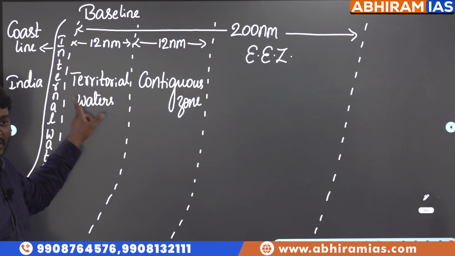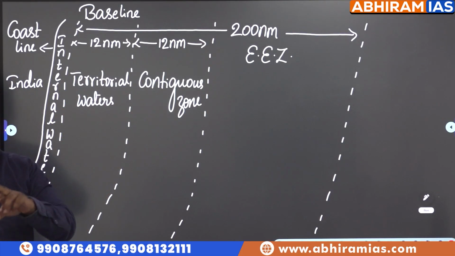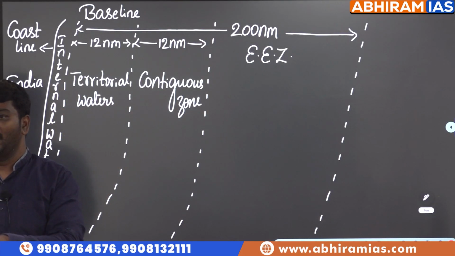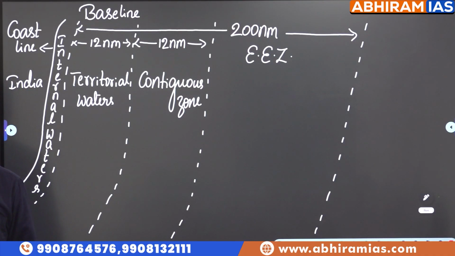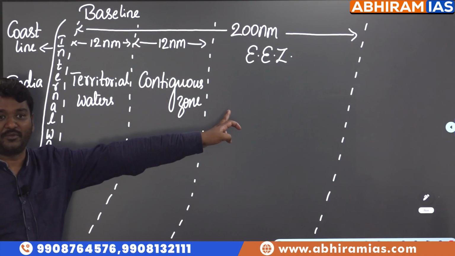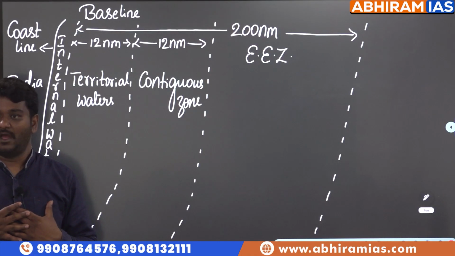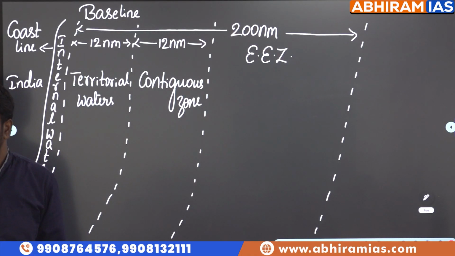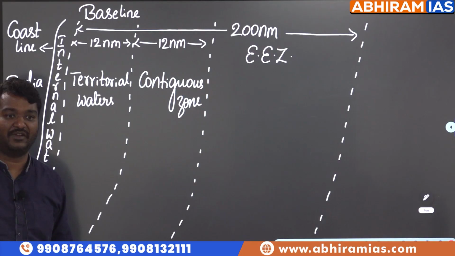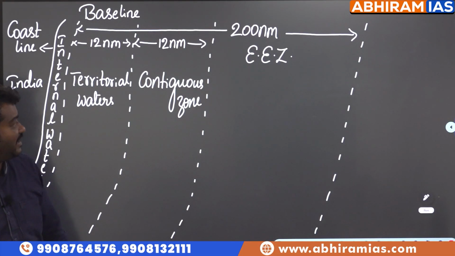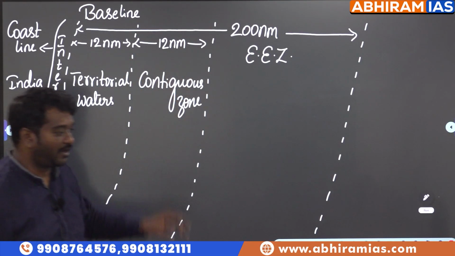What is territorial waters? Land is mine, resources are mine, everything is mine. No one can come without permission. What is the exclusive economic zone? Economically, it belongs to me. I have control over resources, but not over water. Anyone can come and go. How much area? 200. Now,